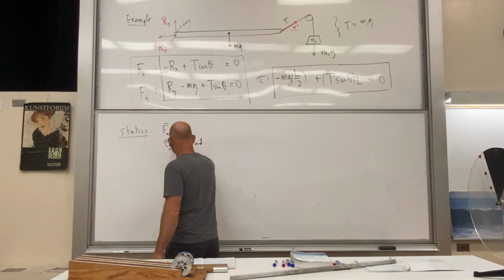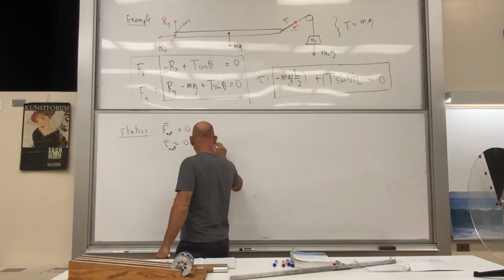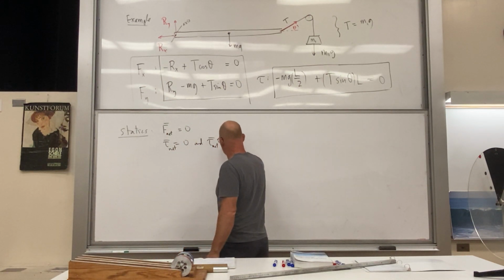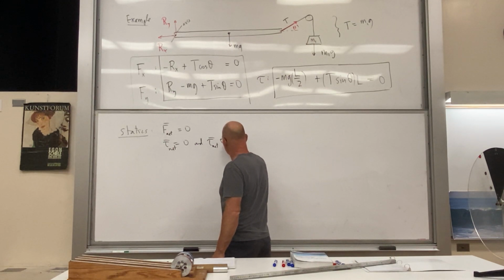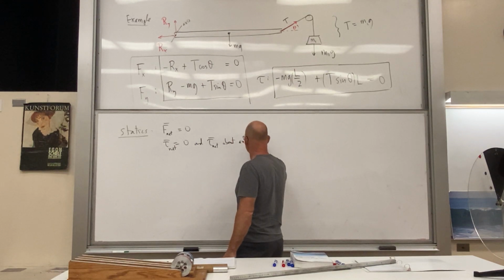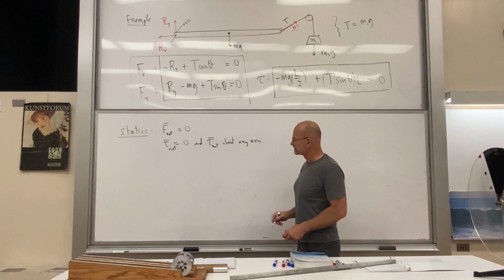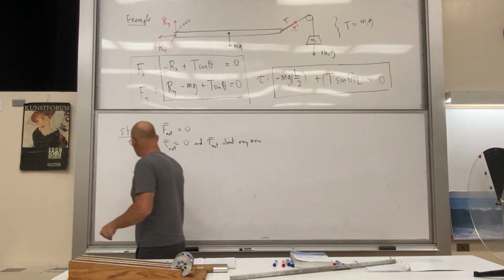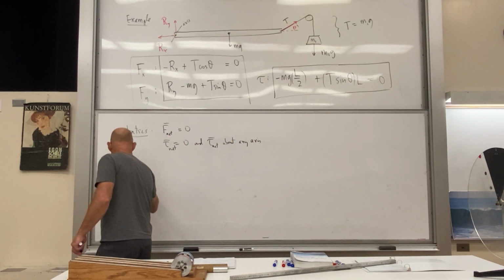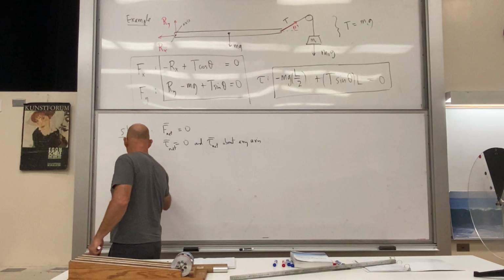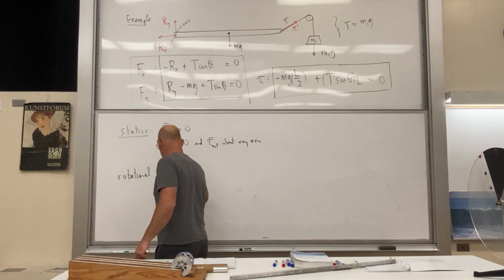And tau net about any axis that you choose, it'll still be consistent. So back to rotational dynamics. We saw the other day